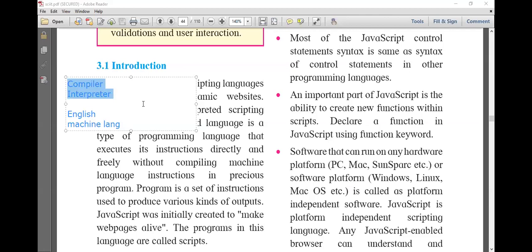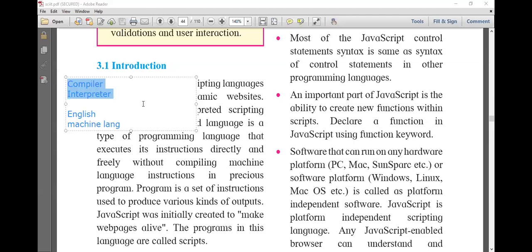Okay, understood why we require a compiler and interpreter? It converts the English-like language to machine language, and creates an executable file, and this executable file gives us an output. If the program is not in an executable format, then we can't see the result on screen, because we are writing the program in a textual format, and a textual format never executes.